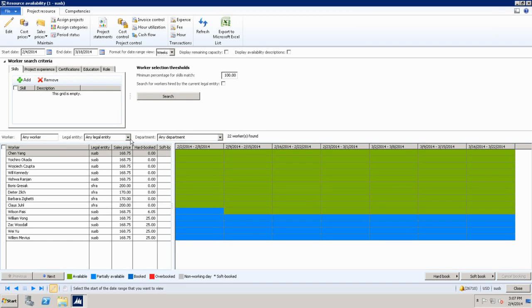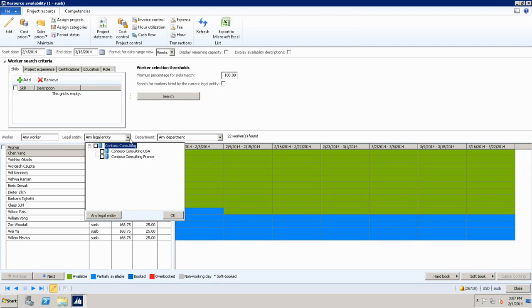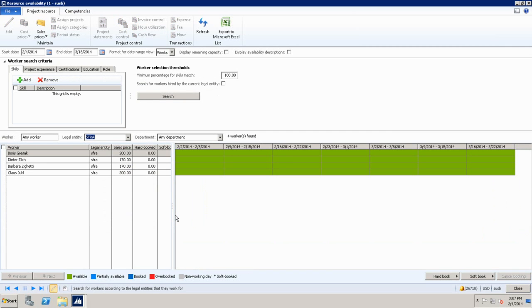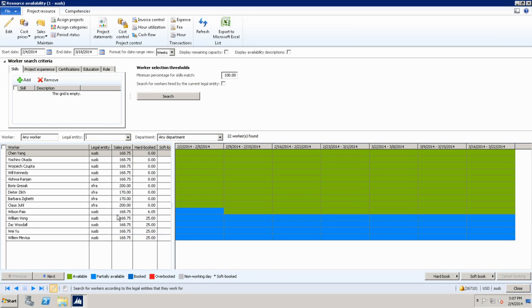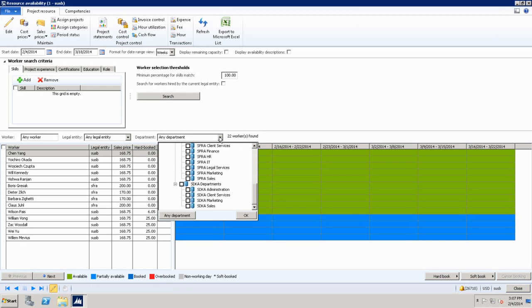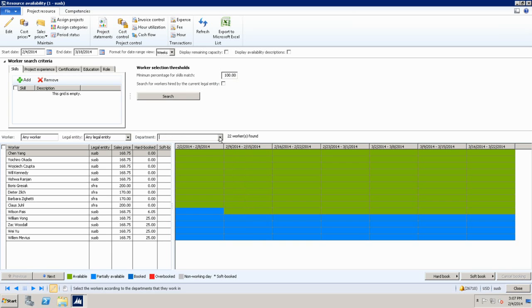Or if you want to make use of legal entity or org hierarchy, I created a very simple org hierarchy. If I want to look at people from Contoso, France, I can make use of it, and the system will filter the resources in France and right away return those people that are coming from France. And these people have already been lent to this legal entity that I'm in, basically. If I go back and say any legal entity, again, I will see the entire supply of people that I have at my hand to use. I can make use of departments too. Now I can say people in a specific department. The system will filter them for me, and I can use them and assign them on projects.